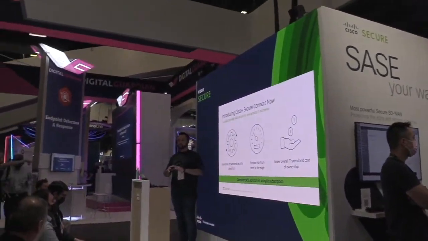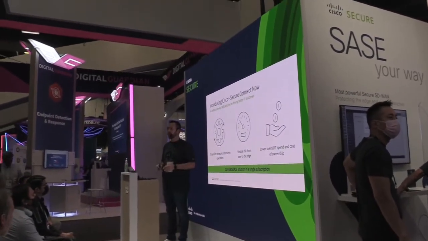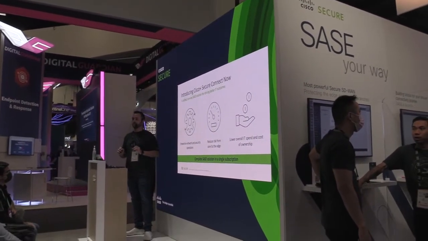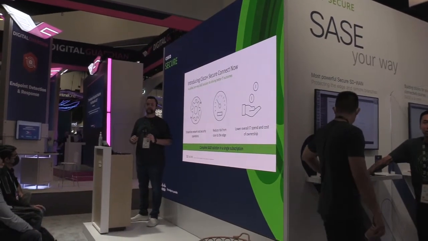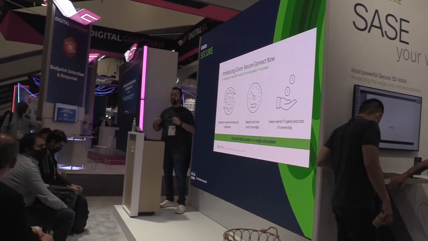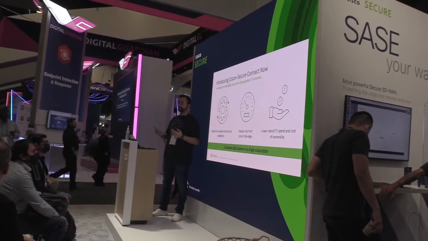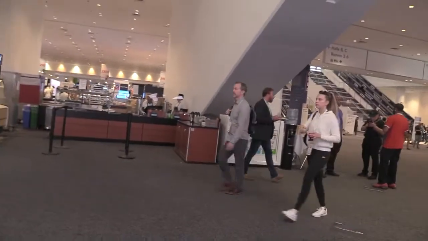So the product to talk about in 10 minutes is Cisco Plus Secure Connect Now. It is our turnkey SASE solution that is helping drive better IT outcomes. It is a converged cloud UI managed inside the Meraki platform. So if you're an organization that is currently using Meraki, it is a fantastic solution for you. Also, if you're